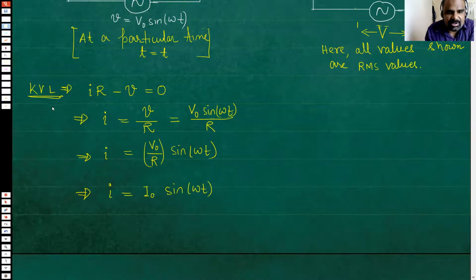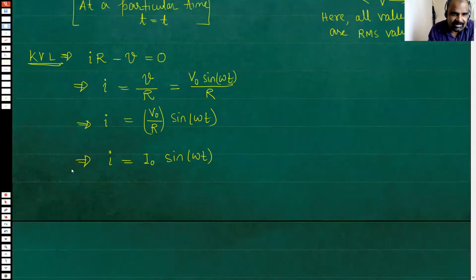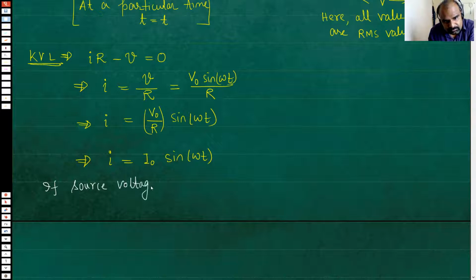Now notice one thing: if the AC source voltage is V equal to V0 sin omega t,